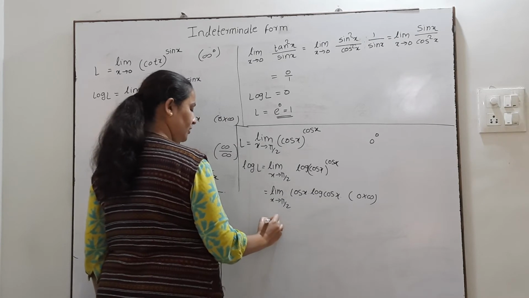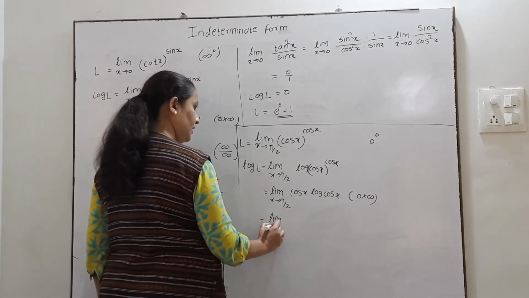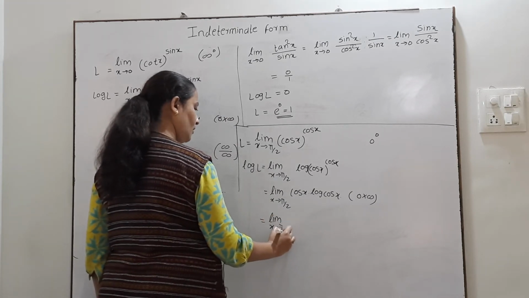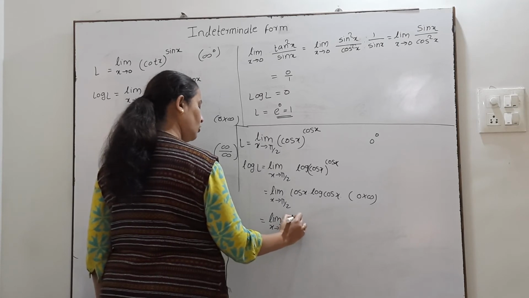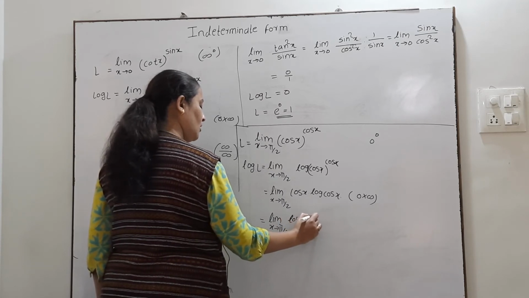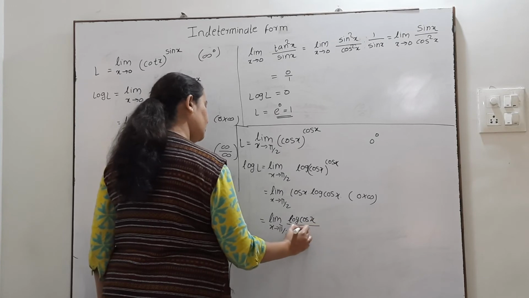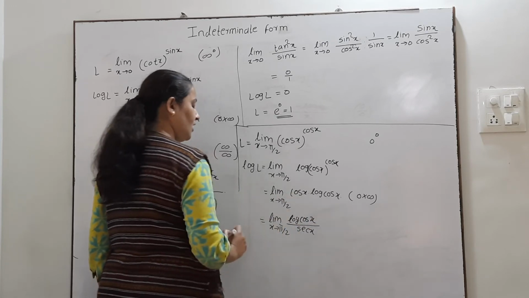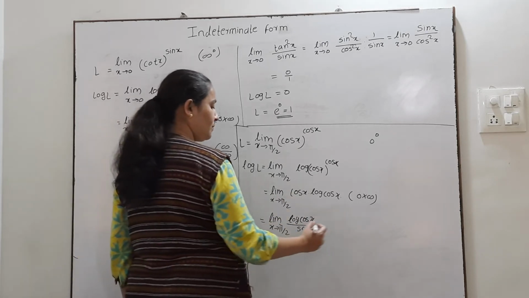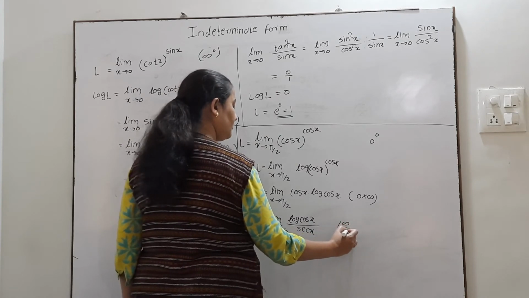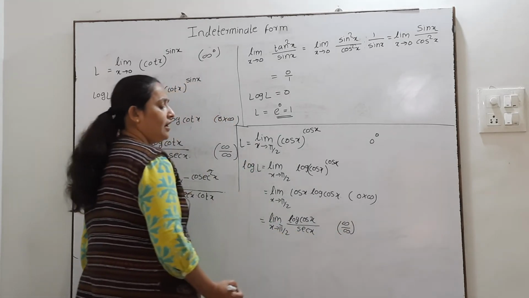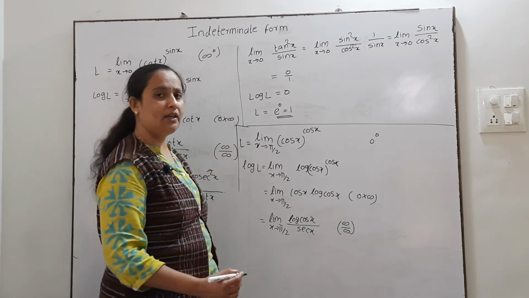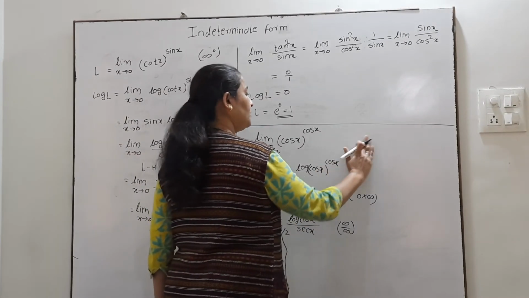So I will write this as limit x tends to pi by 2 of log of cos x upon 1 upon cos x, where cos x is nothing but 1 upon sec x. If you apply limit as x tends to pi by 2, this is in the form of infinity by infinity, where L'Hospital's rule is applicable. If I apply L'Hospital's rule here,